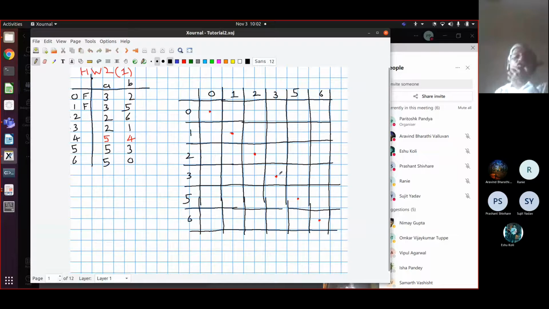Okay, fine. So I have this homework 2 first question, which gives you a DFA in table form. It has states numbered 0 to 6, so 7 states, and a 2 letter alphabet A and B. And this is the transition table. From state 0 on A, you go to state 3. From state 0 on B, you go to 2. So this is the DFA, and we are also asked to minimize this automaton. So is the question clear?